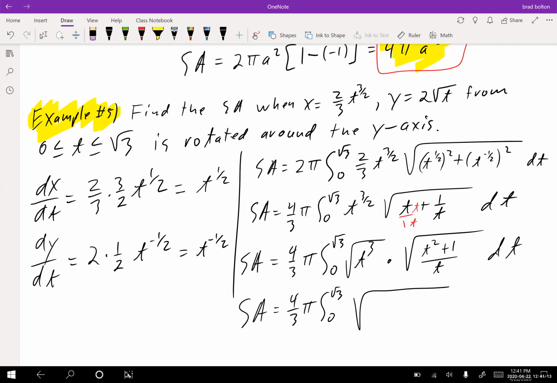You know what I could do? I could cancel. You know what? I'm going to save it. This will be t to the 5th plus t cubed all over t dt. Let me hold on one second. Let me close the